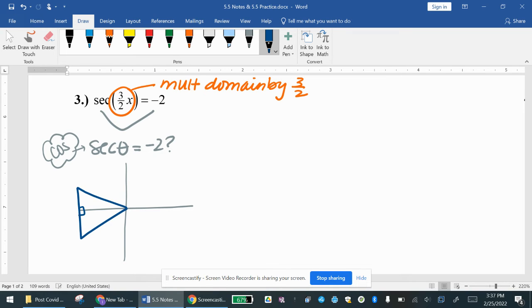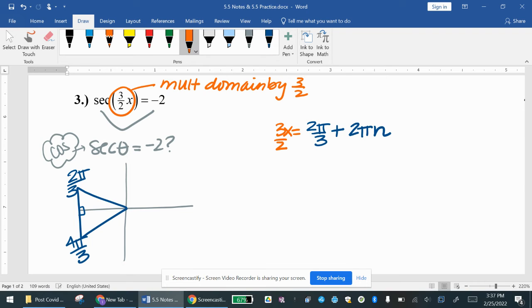So the reference angle here is pi over 3, and cosine is negative in quadrants 2 and 3. So my two solutions are 2 pi over 3 and 4 pi over 3. However, since my angle was not by itself and it was being multiplied with 3 halves, I need to solve both of these. So 3 halves x equals 2 pi over 3